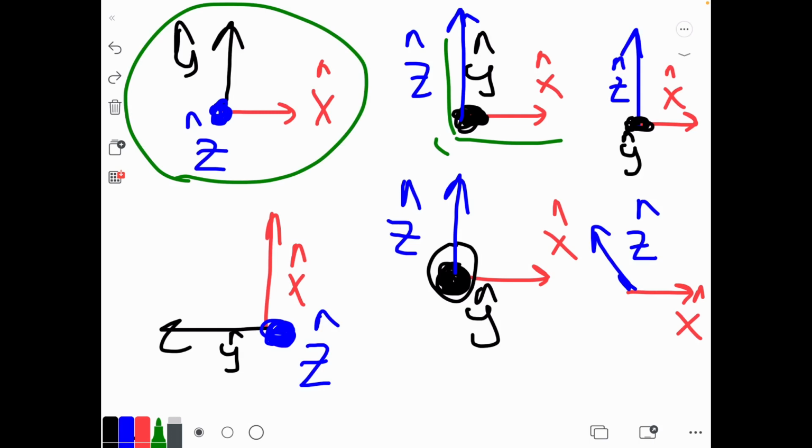The same thing also seems to be repeated for the next question, because we still have the z hat going up. I think for this one y hat comes out of the board, and I have x hat, and then z hat I have to draw upwards. But this one I had z hat and x hat, so I have to draw y hat coming off the board. So remember, whenever they want to have x hat, y hat, z hat,